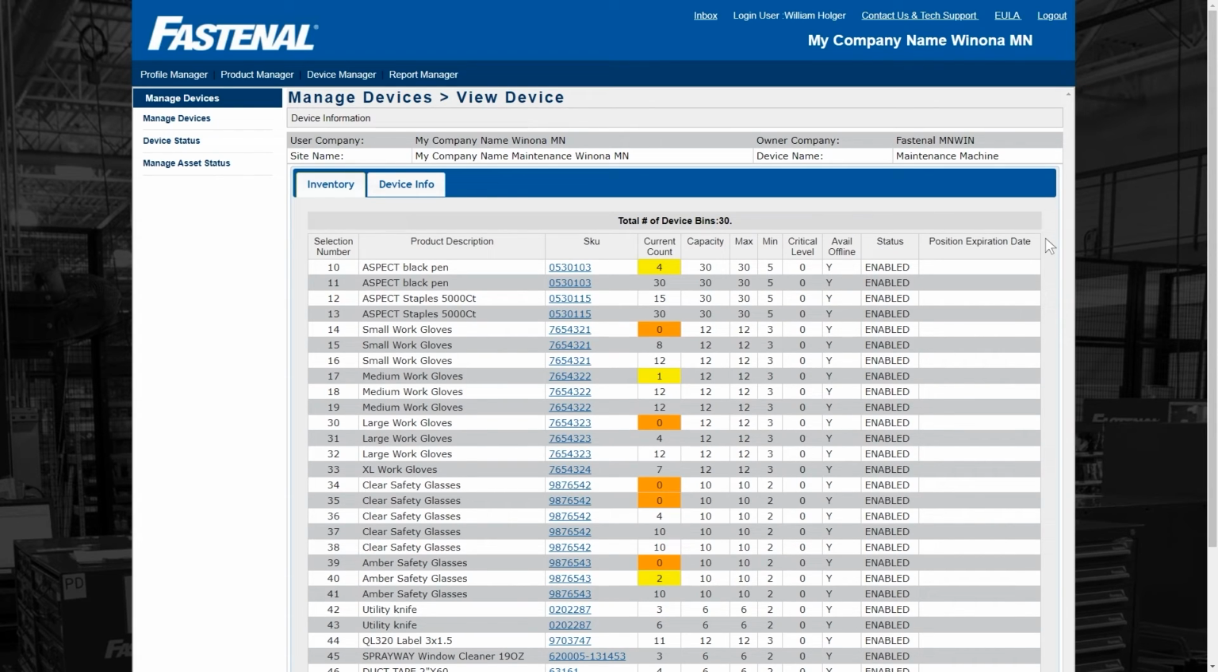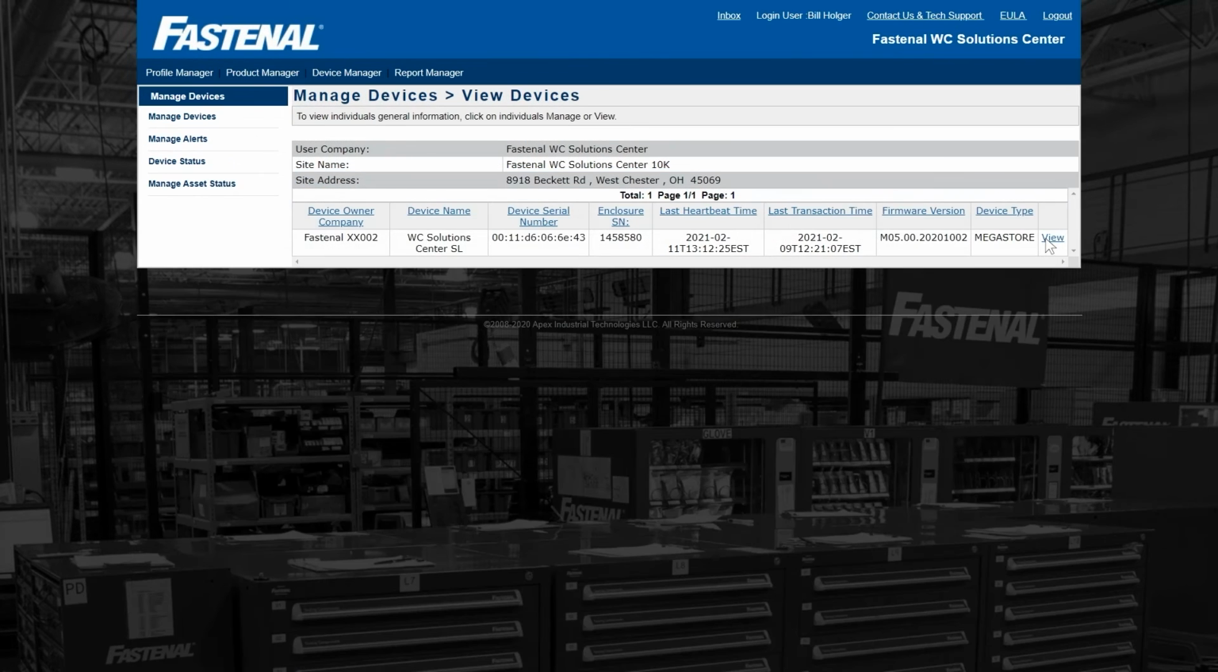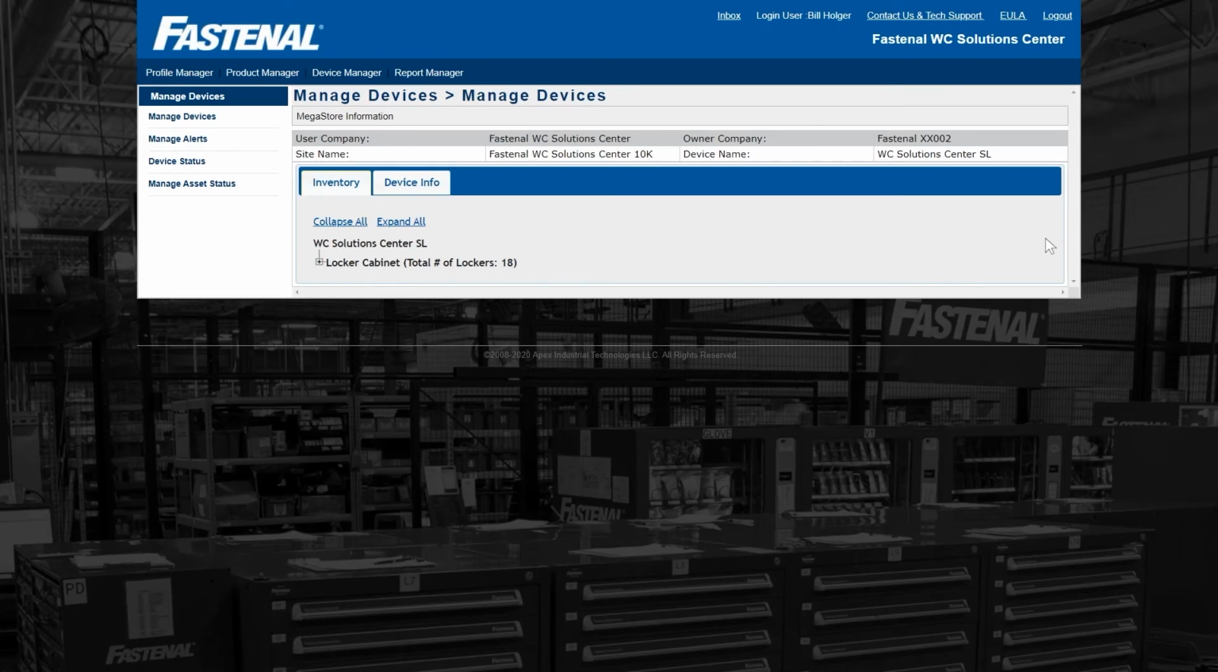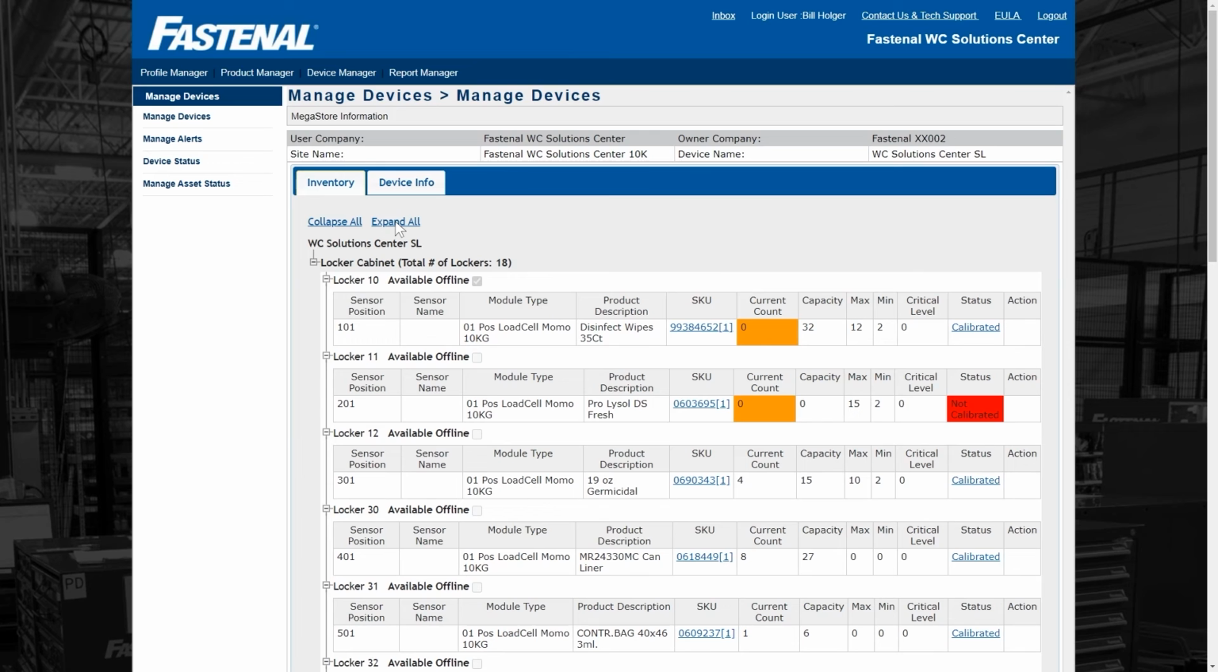This information allows you to get an accurate assessment of the inventory levels at any given device. For 10K devices, once you select View for the device, you will also need to select Expand All to view all of the compartments. Here you will see the compartment or locker number, the sensor position, a description of the product and the SKU, the current count at the device, and the capacity, min, max, and critical levels. A checkbox next to the compartment or locker number shows whether the product is available to vend when the device